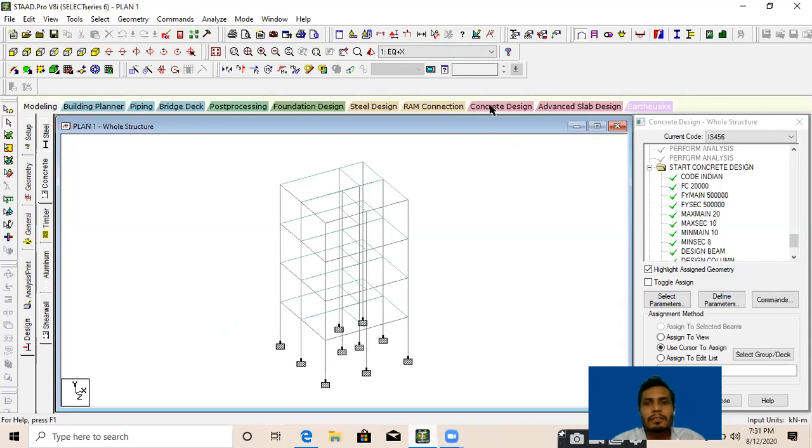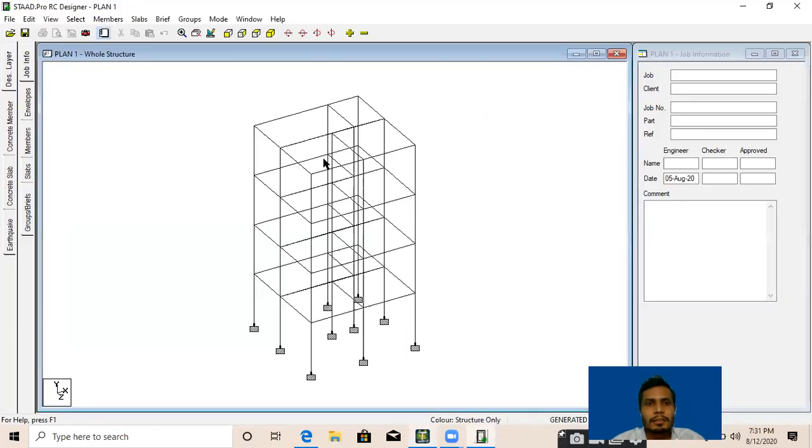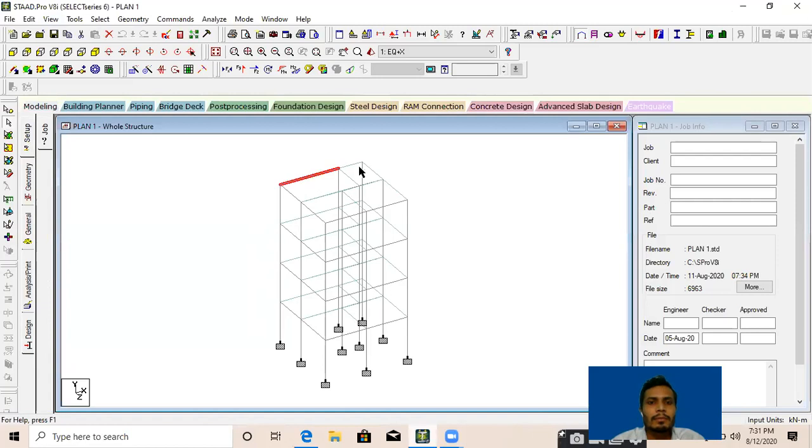If we are designing with the interactive concrete design, like from this tab, okay? This is sir, RC designer. So it will consider a beam with a linear beam, okay? Like in this table where we are seeing results, like in this output, where is the output file?